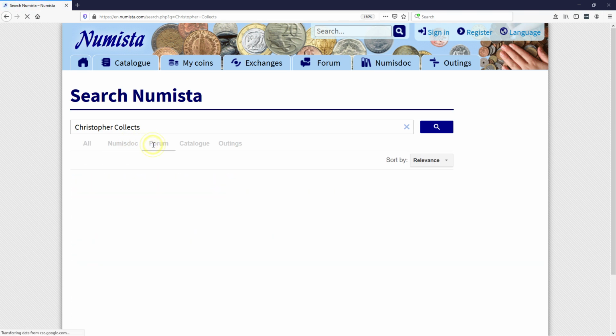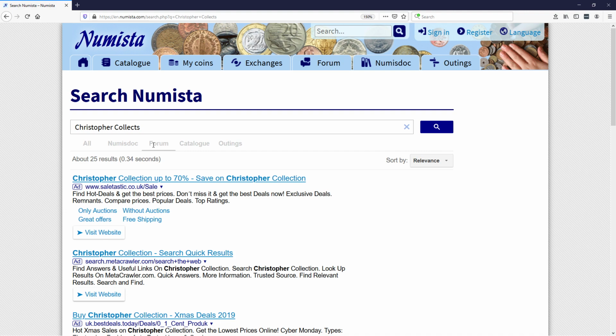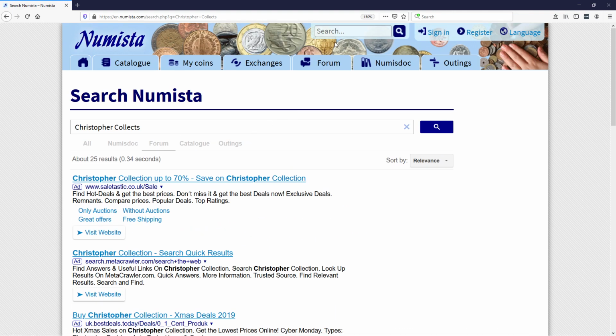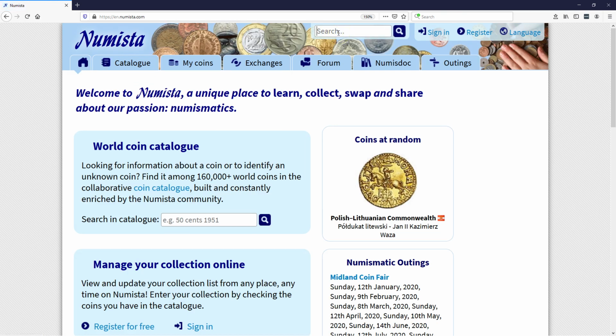You can select different areas here, different tags. I don't know how accurate those are, but yeah, so basically there's a whole raft of information on the Numista